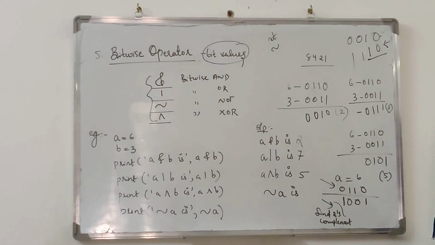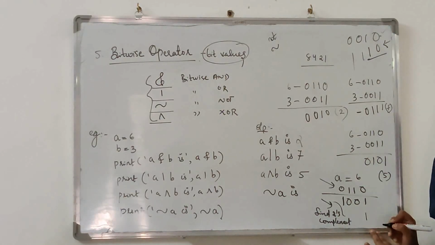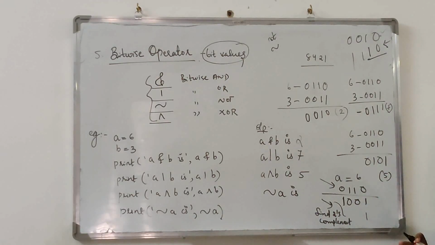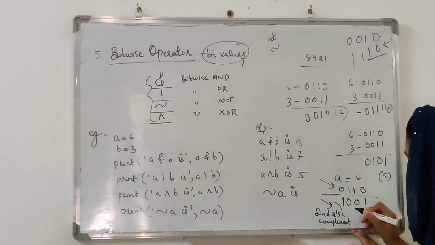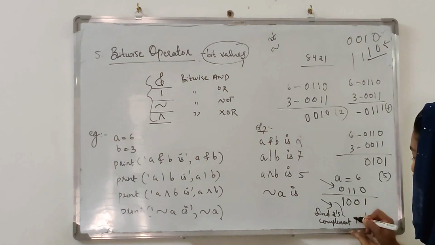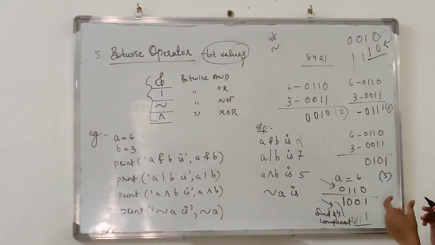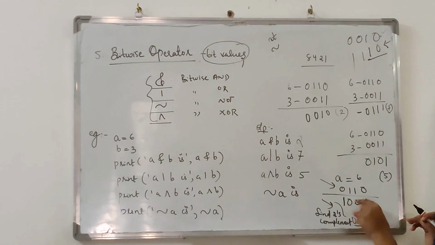How can we find the 2's complement of a number? Copy up to the first one, from which end? From the right end. Here the first bit itself is 1, so I copy the first bit as it is because it is 1. So I copied up to the first one. Then what is our rule? Now complement the remaining bits. What is the complement of 0? 1. Complement of 0 is 1. Then the complement of 1 is 0. So 0, 1, 1, 1 is the 2's complement of the number 1, 0, 0, 1.